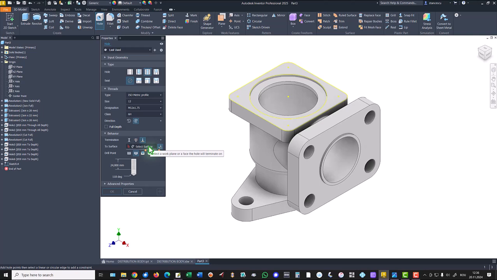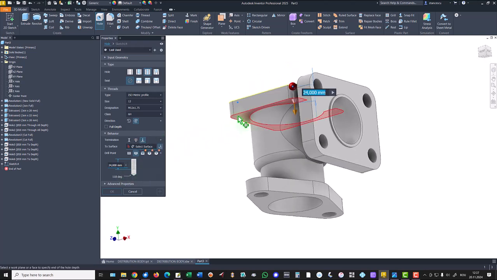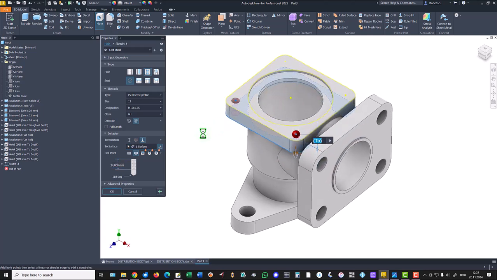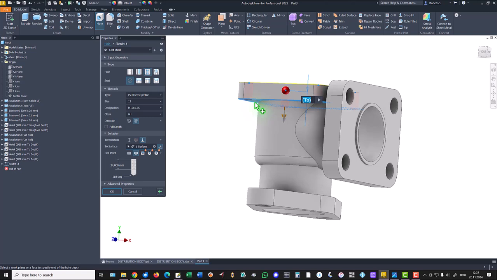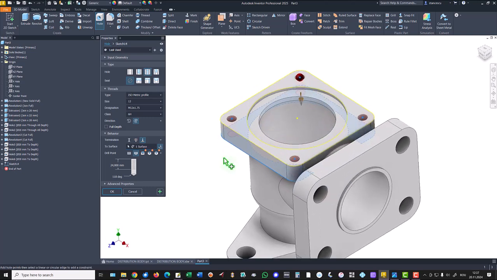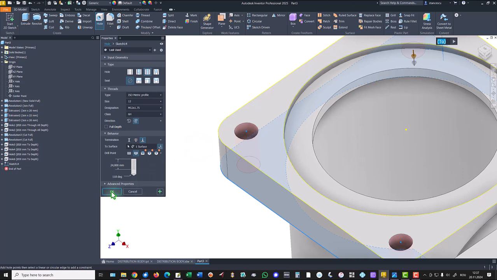And select the surface. For the beginning we select holes, but I need to select the face. This is the face, also here, and the diameter is the distance. The surface is this one, and the holes are threaded. Okay,